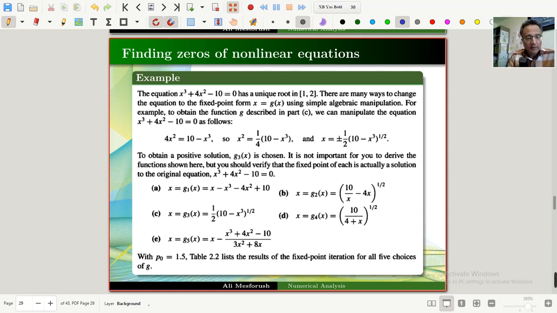For example, in this equation, we can put x on the left hand side and write on the right hand side x minus x cubed minus 4x squared plus 10. This is A. Or for another one, we can keep here, look at here,